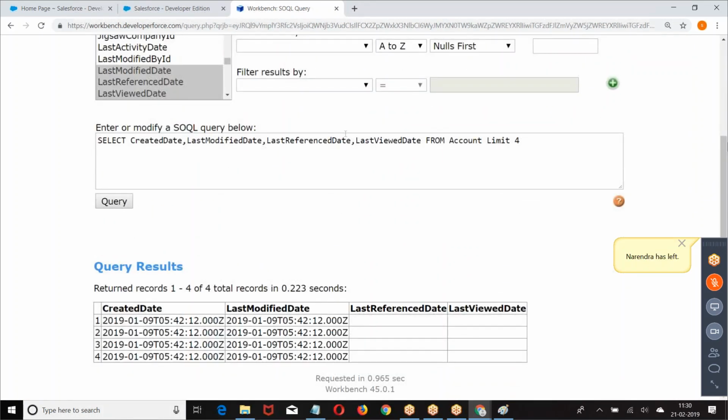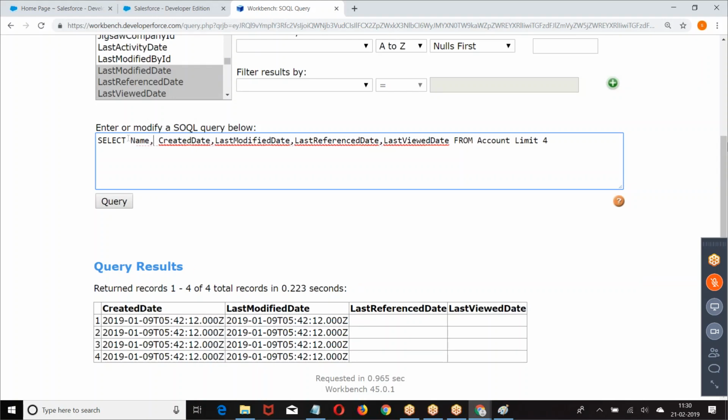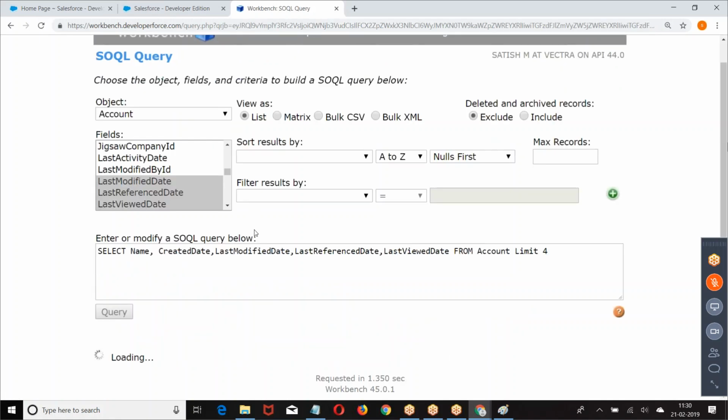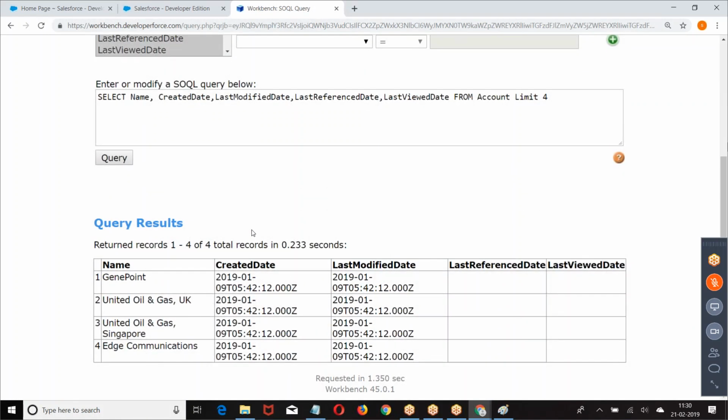I asked for created date and last modified date. Look at this, all these records are coming. Look at the format. I'll also put the name here. What are the records we received here?